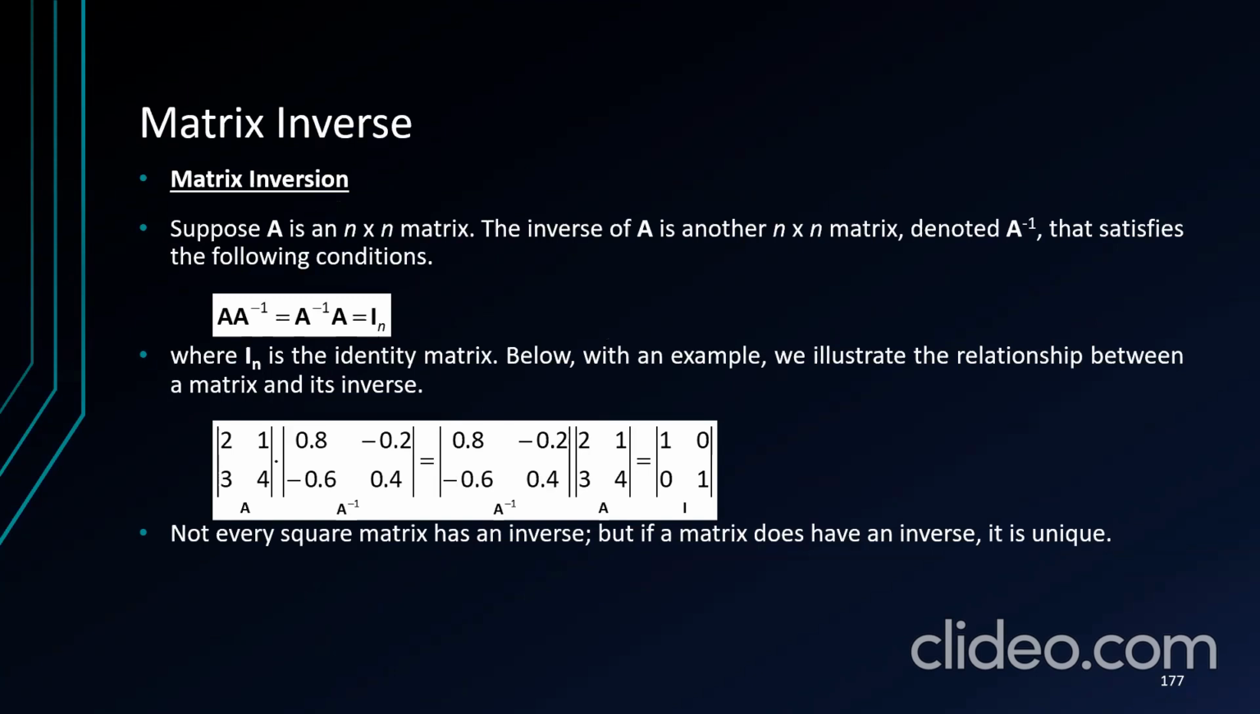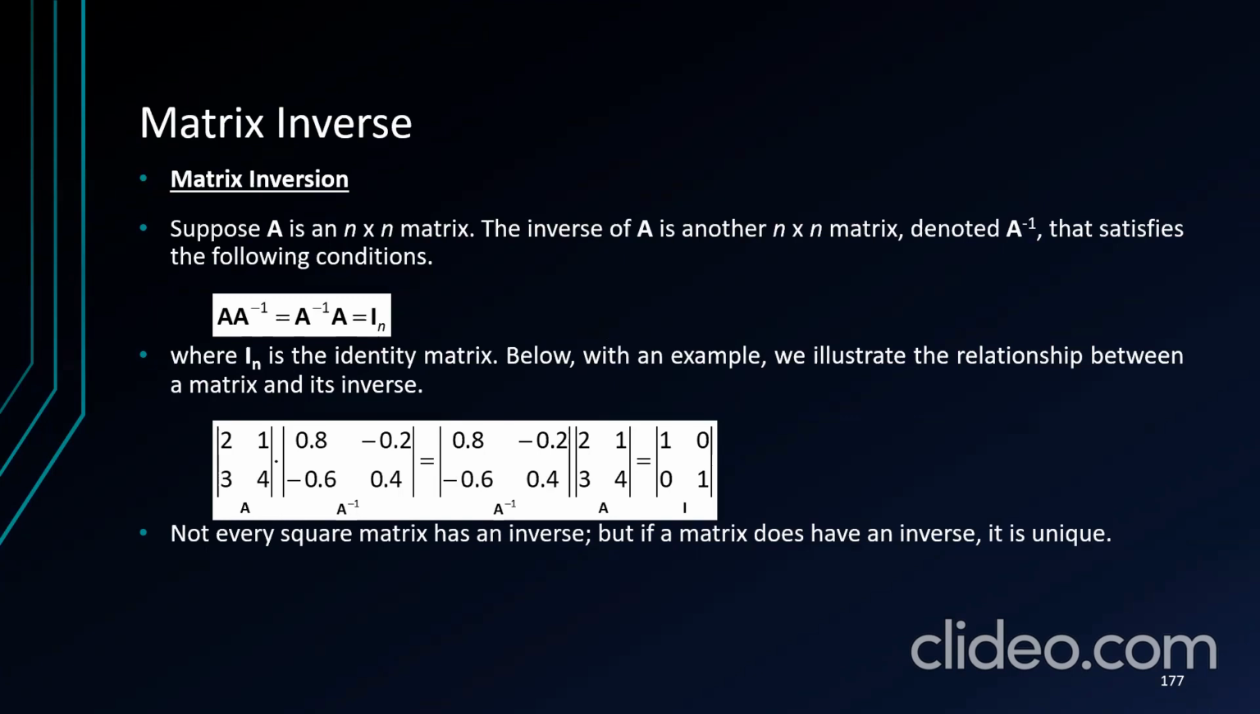The inverse of A is another n by n matrix, denoted by A negative 1, that satisfies the following conditions: A times A negative 1 is equal to A negative 1 times A is equal to I_n, where I_n is the identity matrix. Below, with an example,